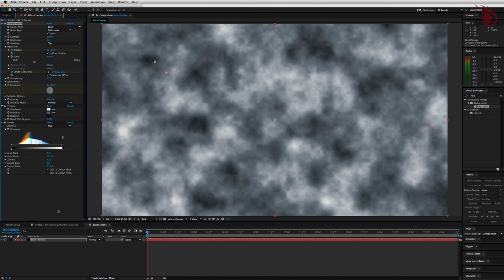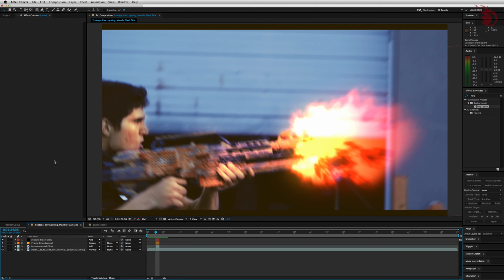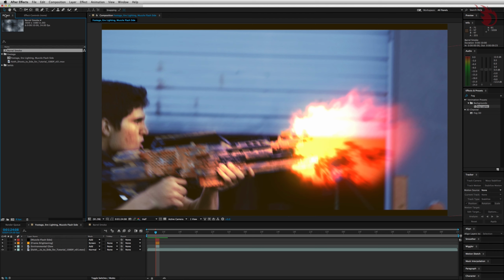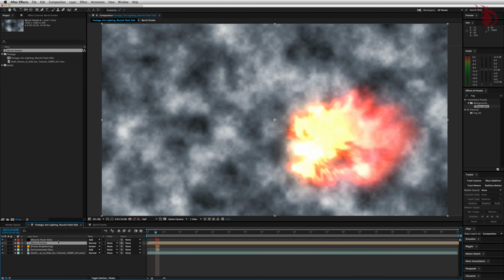Go back to your main footage layer. You can probably just switch over to its tab at the top of the timeline. Open up the project window on the left, and drag and drop that barrel smoke comp that we just created right underneath the muzzle flash in your timeline. Set its mode to screen,